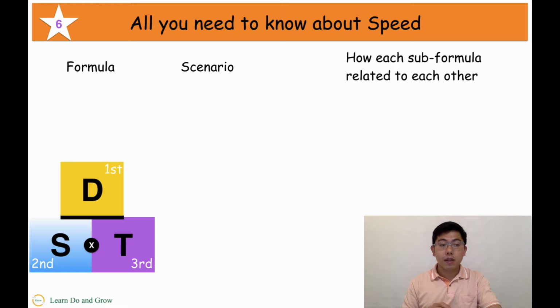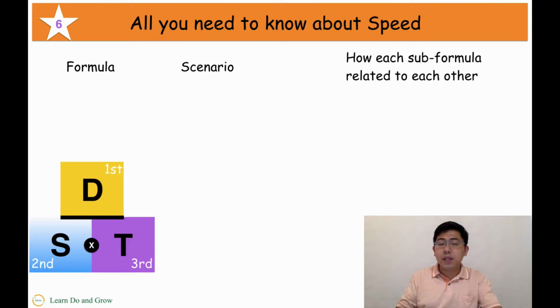And of course, if you want to find average speed, meaning average speed is S, total distance divided by total time. Okay. So for scenarios,